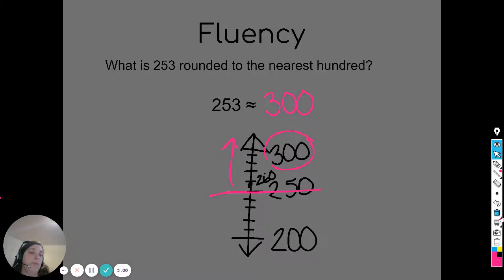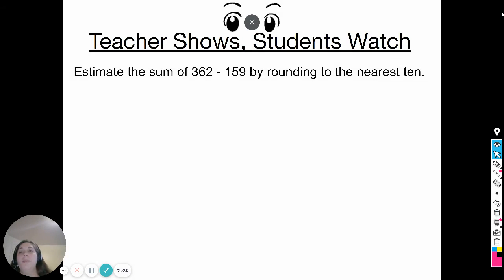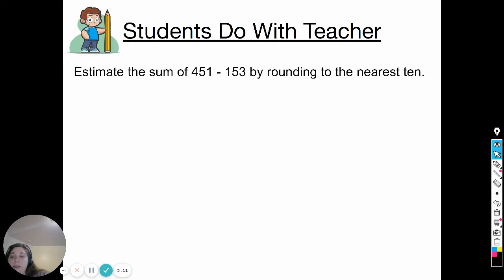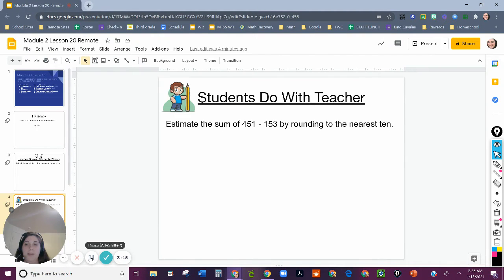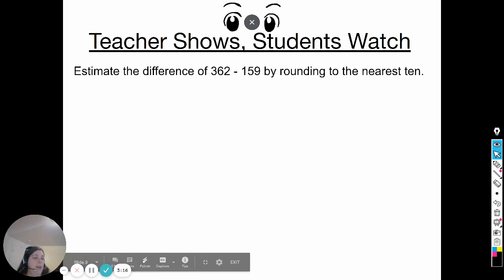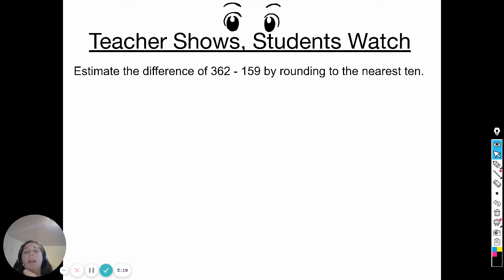Okay, go ahead and erase your whiteboard and set that down for a moment. I'm going to have you watch me as I solve this problem, and then we'll do one together. So this is estimating the difference of 362 minus 159 by rounding to the nearest tens place. So the first thing I'm going to do, remember you're watching, is I'm just going to set up